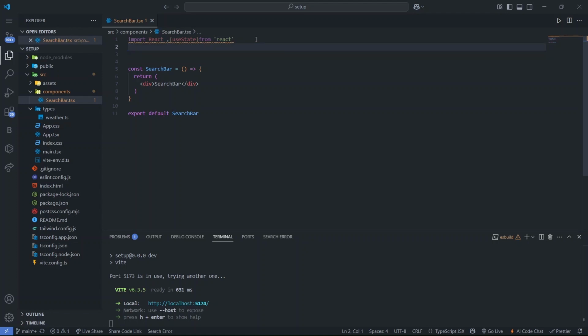So we have to track that. So we import useState, and after that we have to import the icon from the